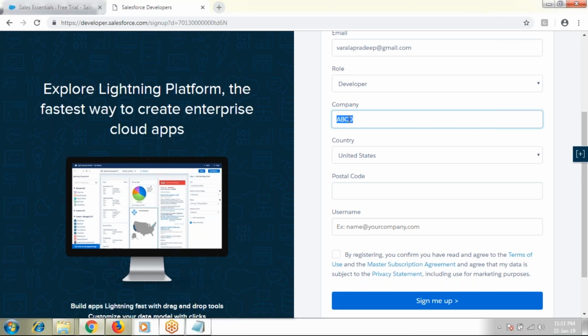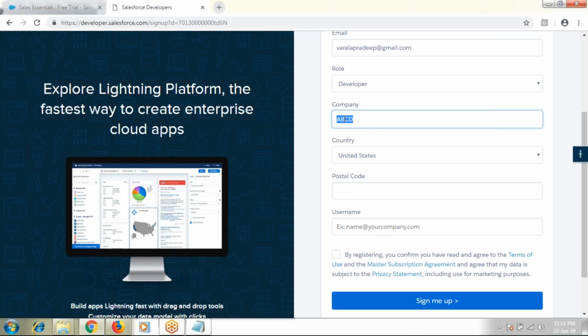For my company, I'm going to do the sales process and service process, where we are going to see how to sell the products to the customers, how we get the customers, how we promote the products by means of campaigns, how we get leads, how we generate cases, and how we provide solutions to the customers. All these different processes we are going to see by taking an example, the company name as ABC.